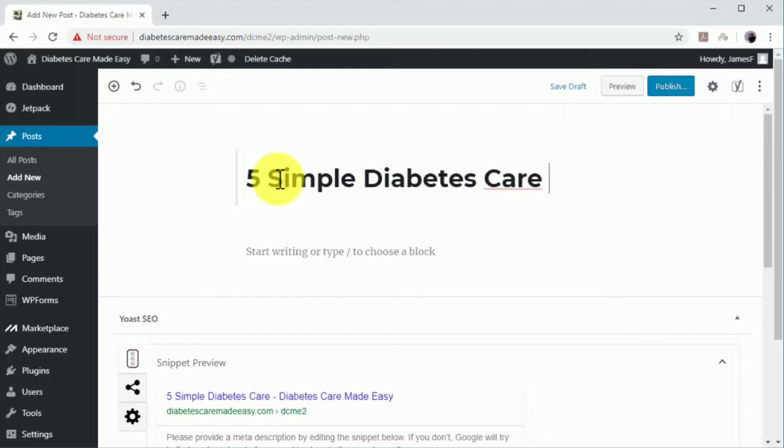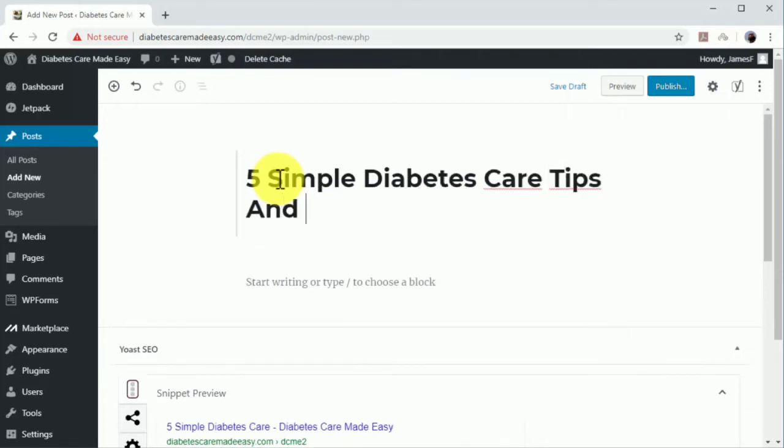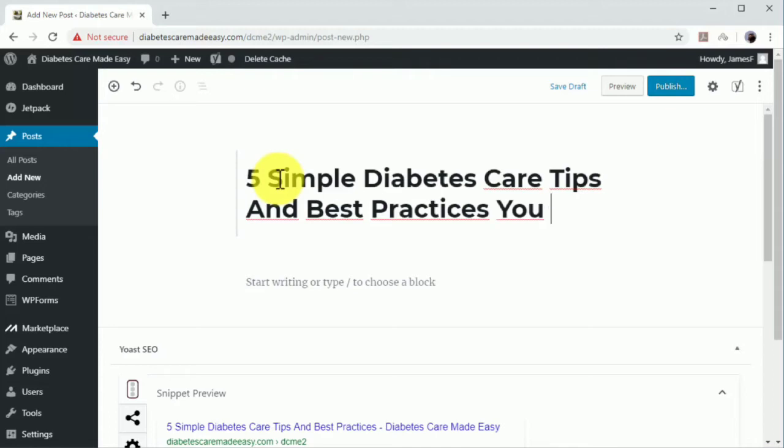For example, if you write a post about complete internet marketing tips, you can divide it into 10 different entries, each entry corresponding to a tip. The number of entries you got is the number you'll add to the beginning of your headline. In this example, we have divided our post into 5 entries, so our headline will start with 5.